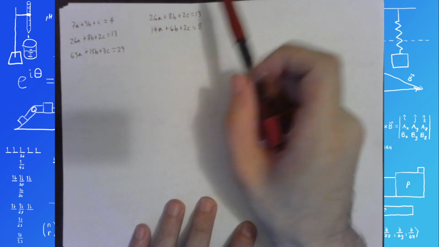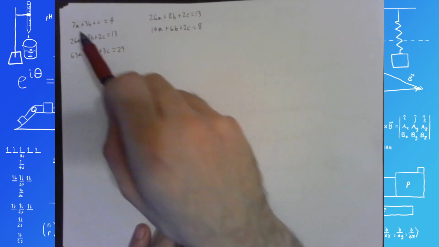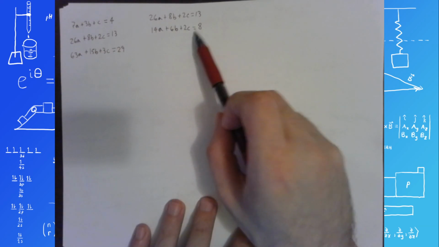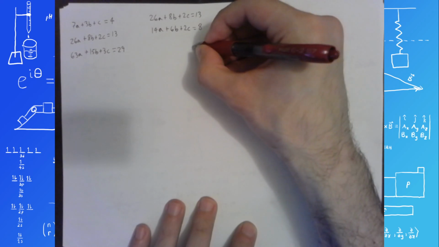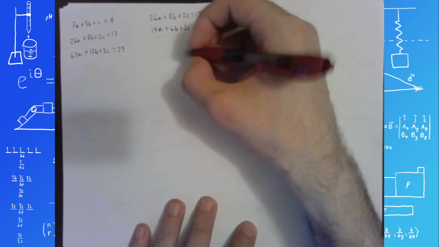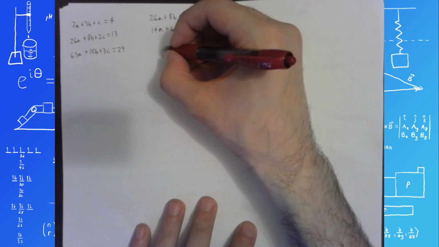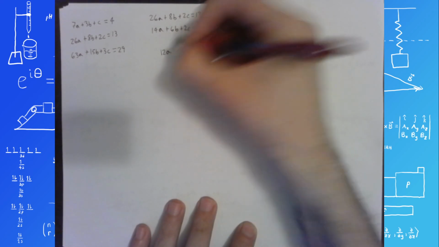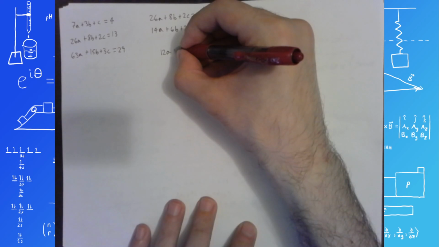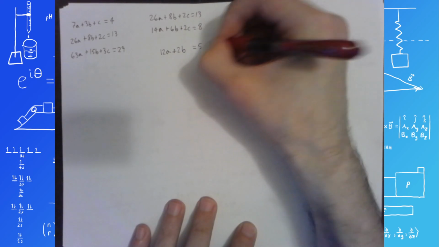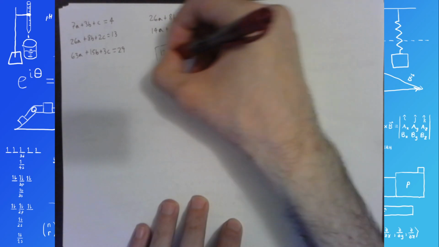Let me check, did I do everything right? 26, 8, 2, 13 is good, and 14, 6, 2, 8 also looks good. Subtract those from each other. 13 minus 8 gives me 5. The c's are eliminated, and I've got 26a minus 14a is 12a, and then 8b minus 6b is 2b, so plus 2b equals 5. That works. And now I want to